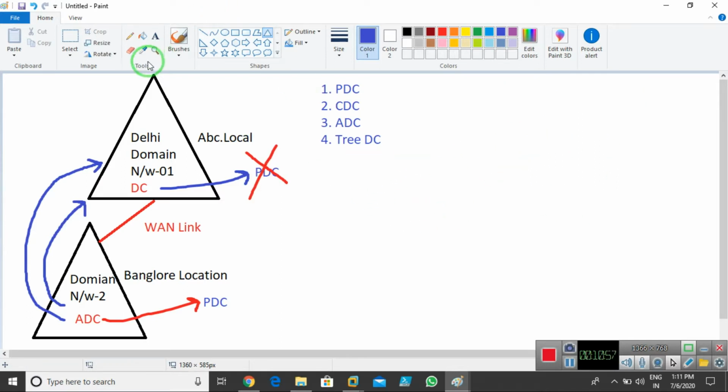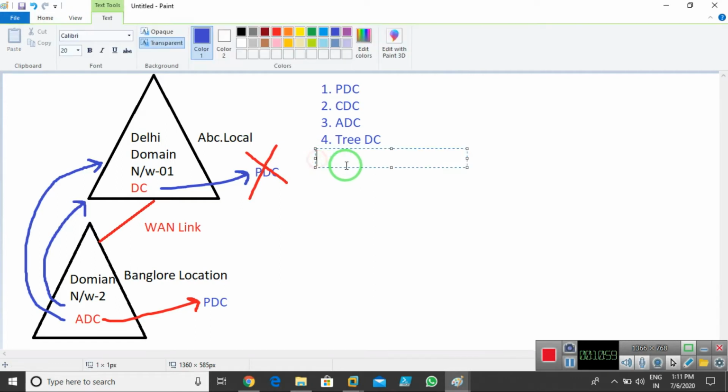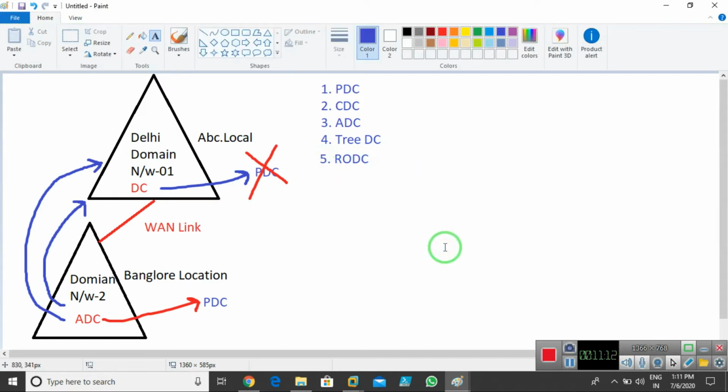Simple. The last one we have is RODC, which I already discussed with you in the last section. RODC is for two things: authentication and password updates. Imagine that in your company you have a network where you don't have any IT people. In that case we can use RODC over there. Users automatically authenticate with the help of RODC, and users' passwords are automatically updated with the help of RODC, like this.